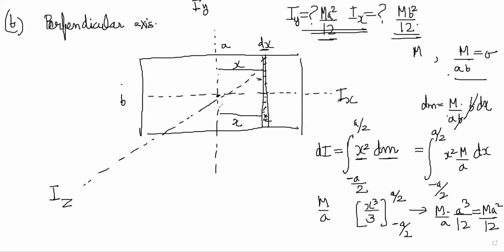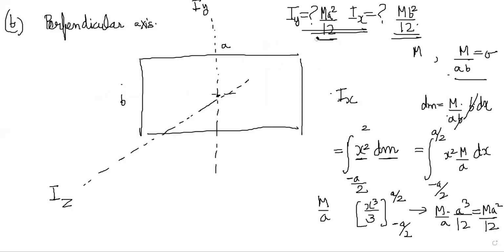So these are the two moments of inertia for lines that are in the plane of the body, right? Both of them are in the plane of the body. Now let's try to calculate our moment of inertia for Iz. So I will just rub off this stuff, and I have Iz now. Iz is a totally different axis because it is not in the plane. It is perpendicular. So I have to find Iz.